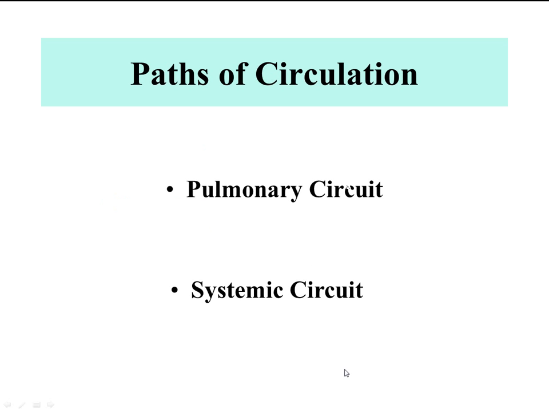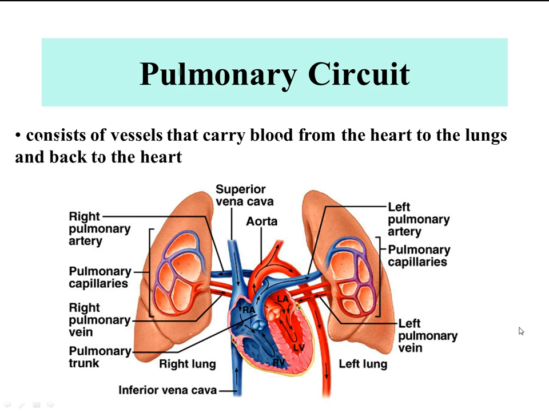Paths of circulation, we've talked about this a couple of times before. Pulmonary circulation would be heart, lungs. Systemic circulation, everything else, including the heart. The pulmonary circuit consists of vessels that carry blood from the heart to the lungs and back to the heart. We've talked about this. From the right ventricle, the blood is pumped through the pulmonary valve, the semilunar valve, to the pulmonary trunk,